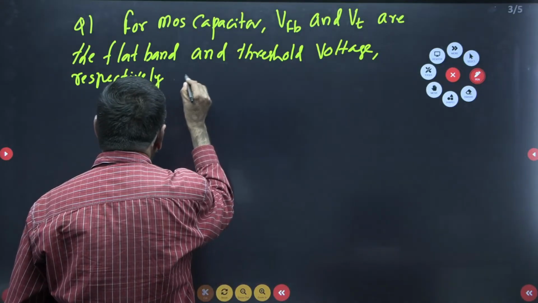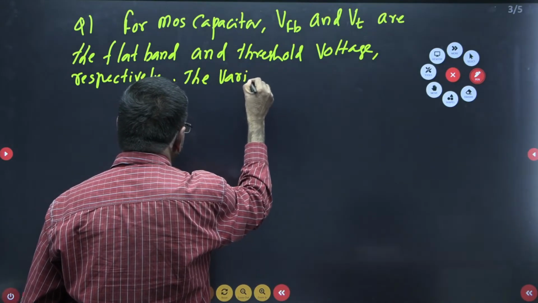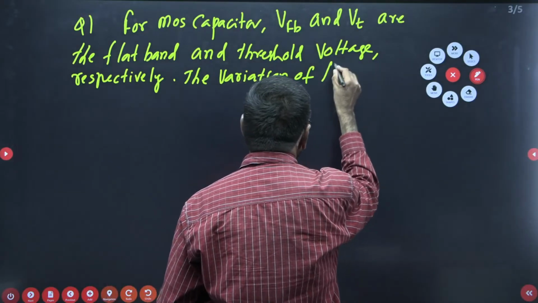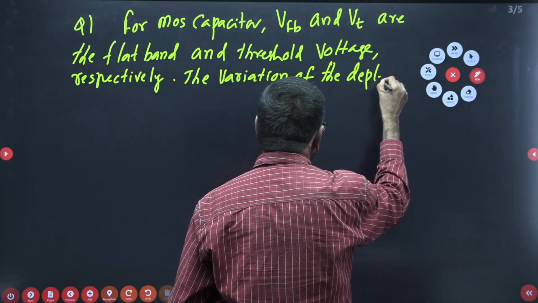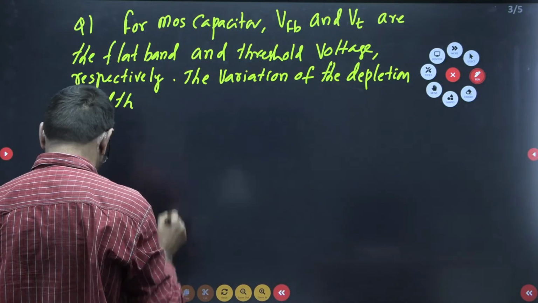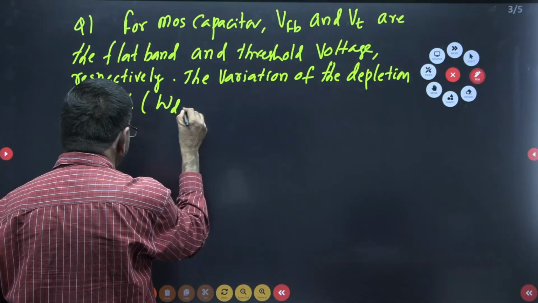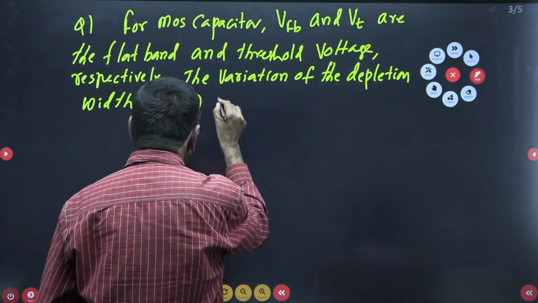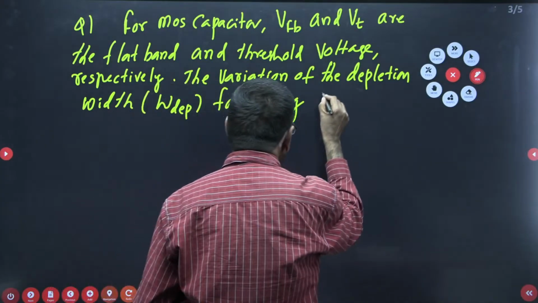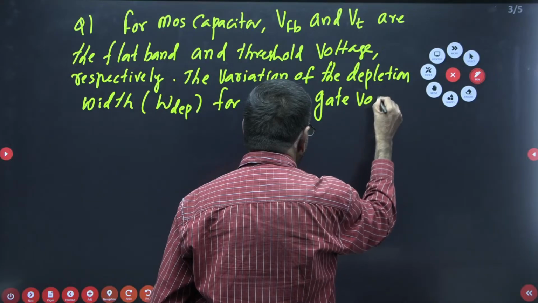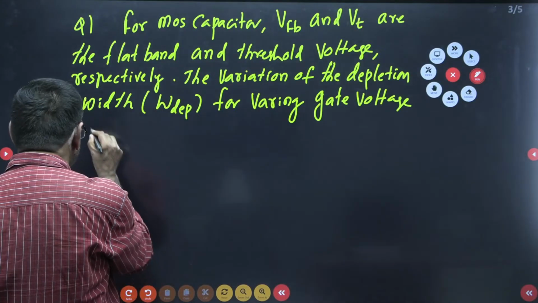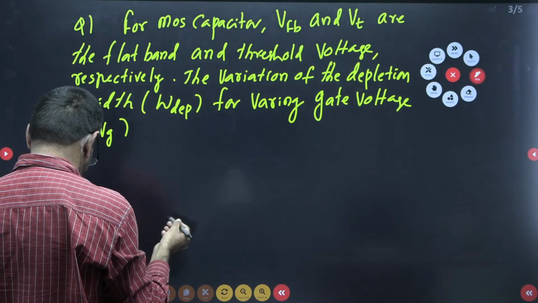The variation of the depletion width W_DEP for varying gate voltage VG is best represented by